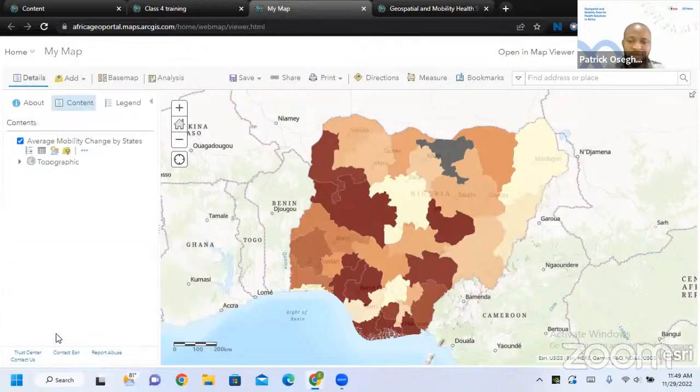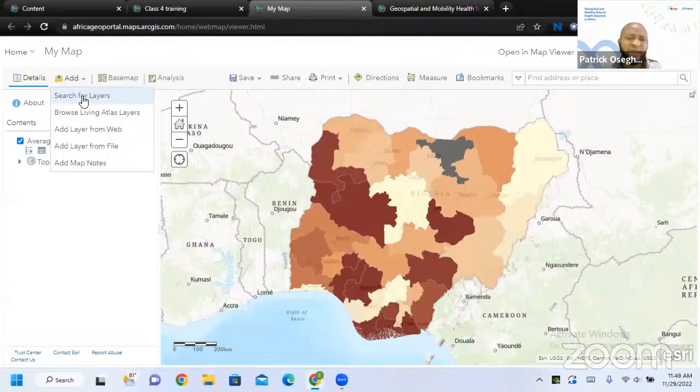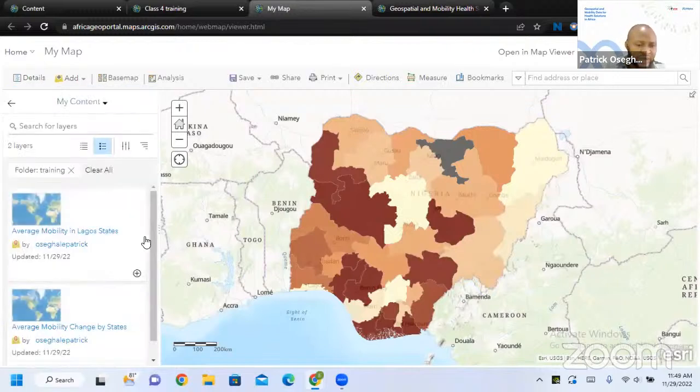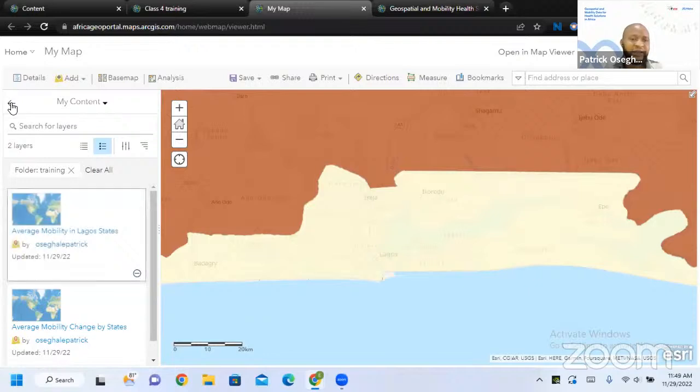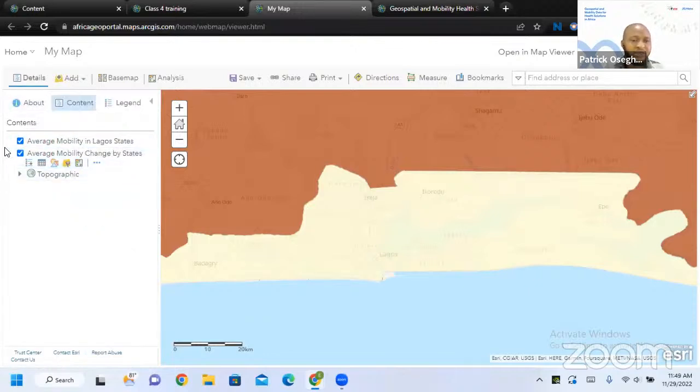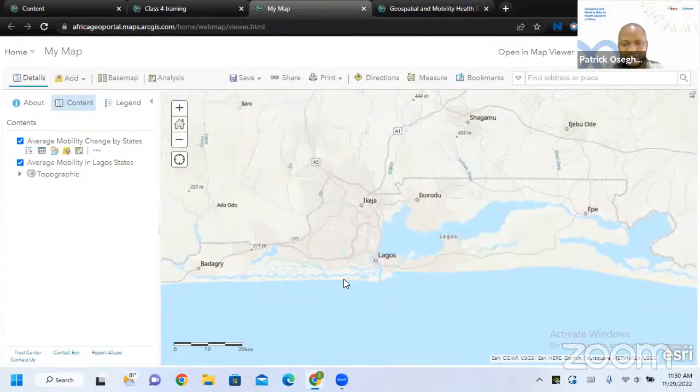I'll click on done. I have this, but then I remember I saved two data. Where am I bringing that other one? I also want to bring it here. So let me just quickly bring it here. I will come over, bring it down. The one I need now is for just Lagos State. I'll add it. It has automatically drilled down, but I don't need that. I'll come back for you. I don't want it to be at the top. I want it to be below the state level. I'll drag the down one to the top. Now, yeah, we have that.